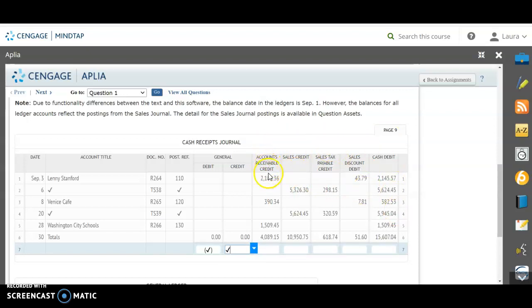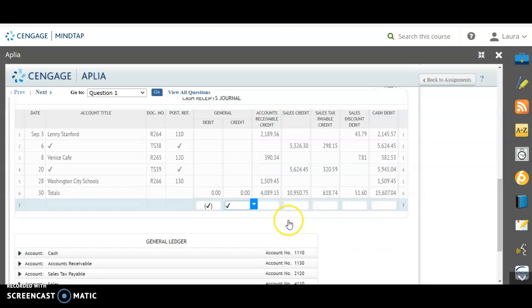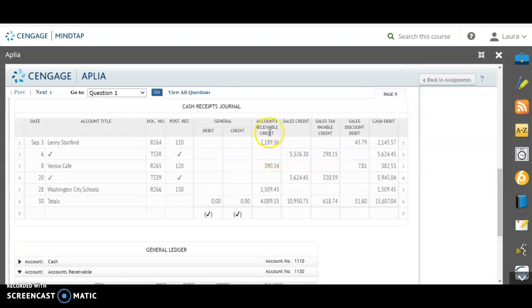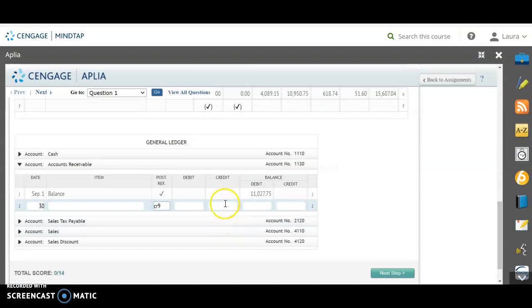So the first one is accounts receivable. It is a credit, and we're looking at these totals that we've already added up. So we're looking at this $40.89.15 for accounts receivable. So we're going to go to the accounts receivable. We're going to put the last day of the month. We are still on CR9. And this is a credit here, so we're going to put it in the credit column, $40.89.15. We have a credit entry and a debit balance, which means we must subtract. So you're going to subtract that amount, and you're left with